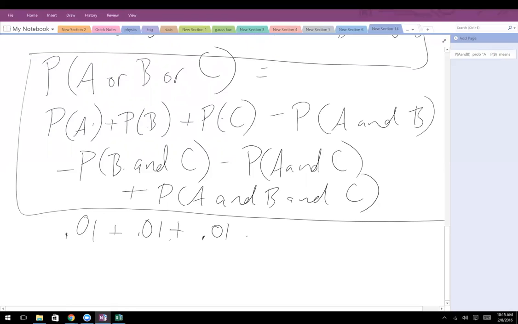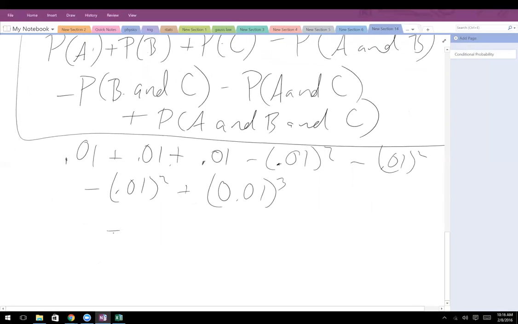right? If I do A and B, well, these two pools are independent of each other. So when I do probability of both of them, I just multiply them together. So what's 0.01 times 0.01? Well, let's just say 0.01 squared. And those two are the same. So minus 0.01 squared, minus 0.01 squared. And then the same thing, since they're all independent, this is just 0.01 to the third. So all together,